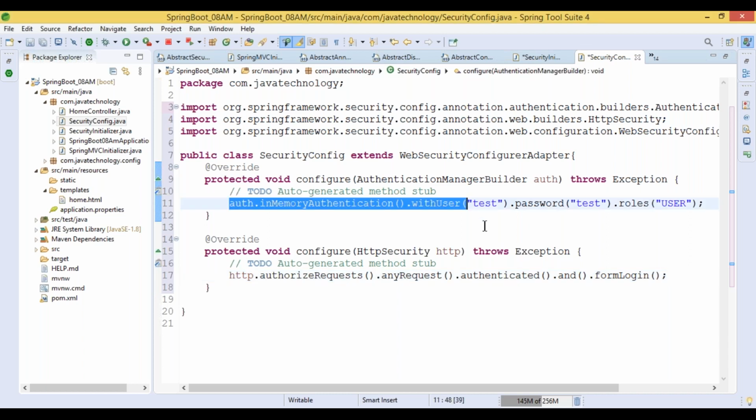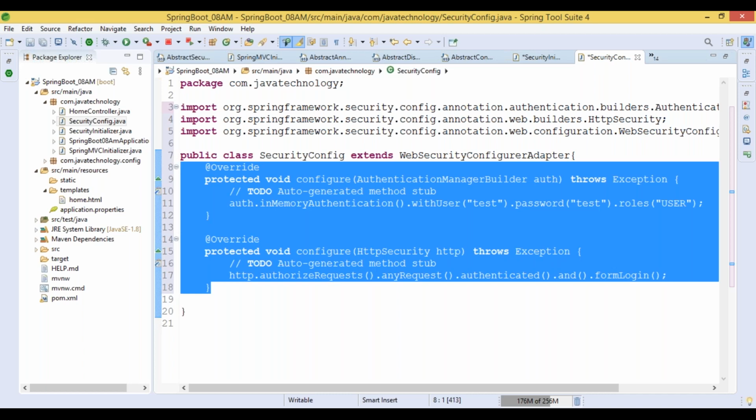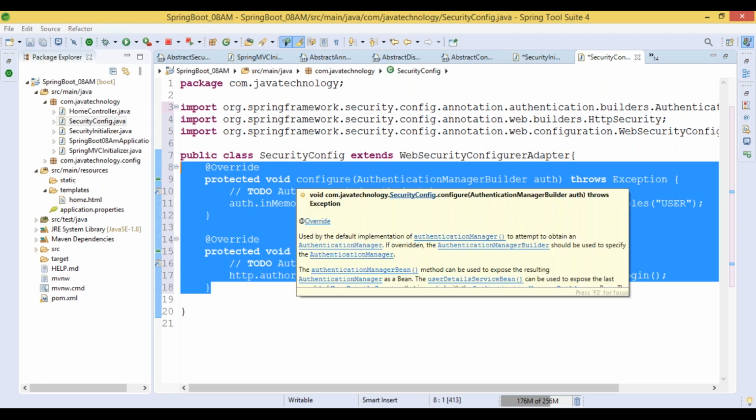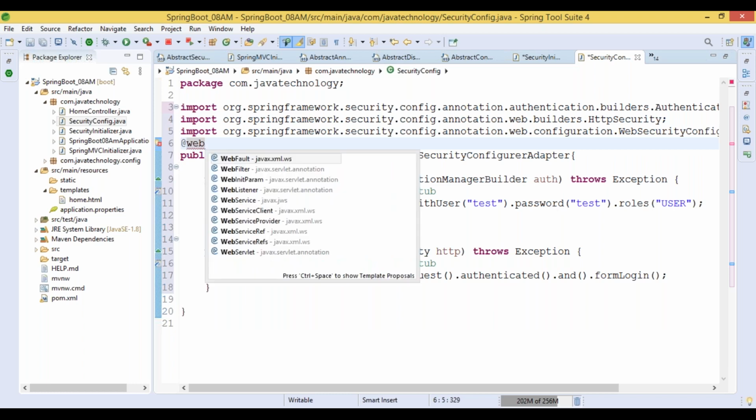Got it? Let's provide this. Why am I providing this Spring Security here? Because these are the configurations the Spring Boot provides for us by default. But if some people, instead of working on the Spring Boot internal configuration, are interested in configuring their own style using this way, we can work on it. And here, we have 2 annotations. Let me provide web. Oh, we don't have a security jar.